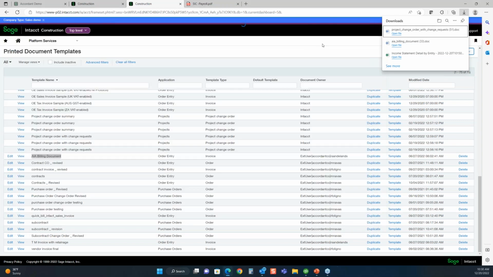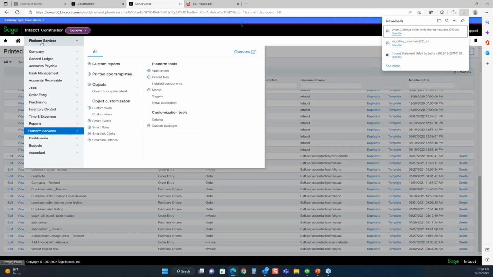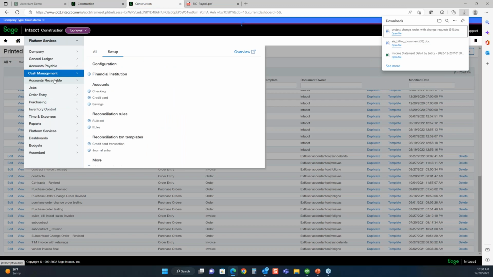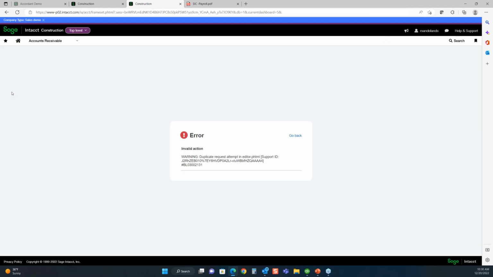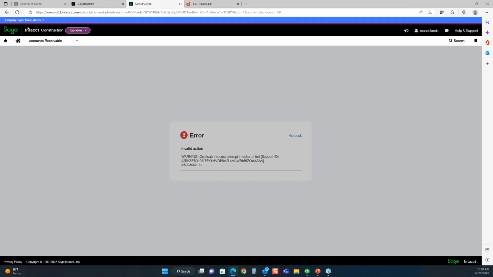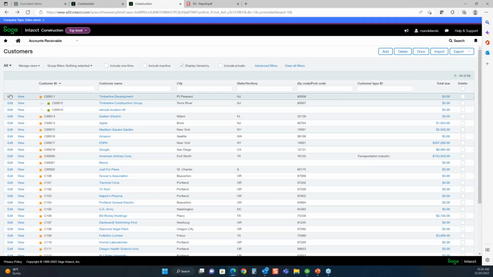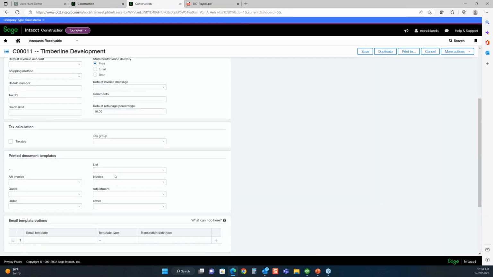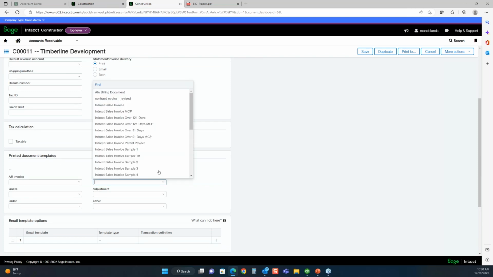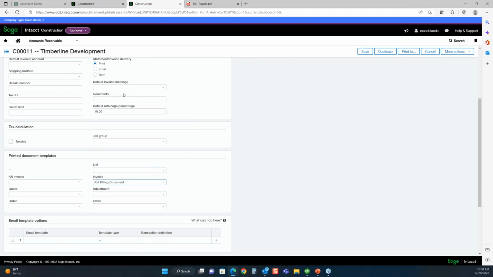One other, somebody might be thinking that's great, but then how do we attach the document as a default? So if we just, by example, look at customers, and let's just edit a customer real quick. And when we look at a customer, sorry, I clicked on it twice real quick, just click once. Notice the additional information tab right here. Down below, printed document templates specific to this customer. I'm going to pick maybe that modified AIA version. So then every job you have with that client, we would grab the template right from here as a default. So again,